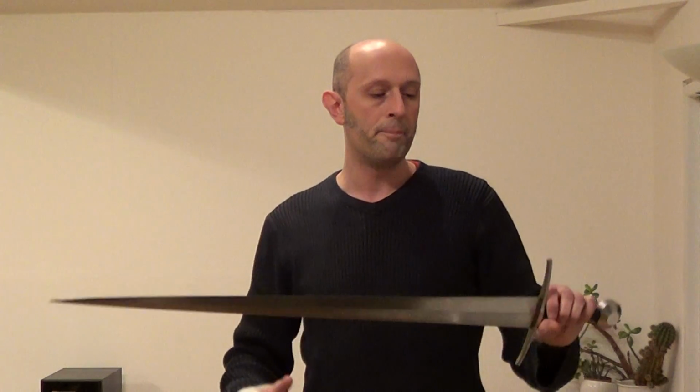So I've been lucky enough to have the chance to handle a lot of swords from this period, and going all the way back to the Dark Ages as well, back to 8th century, 9th century blades. There's a nice example in the Wallace Collection which I had a play with a couple of times in fact. And the fact is that the edges on many of these swords are still sharp,